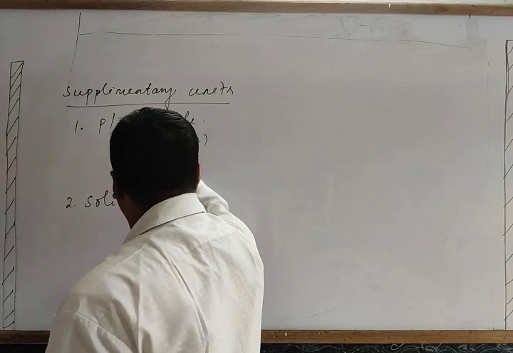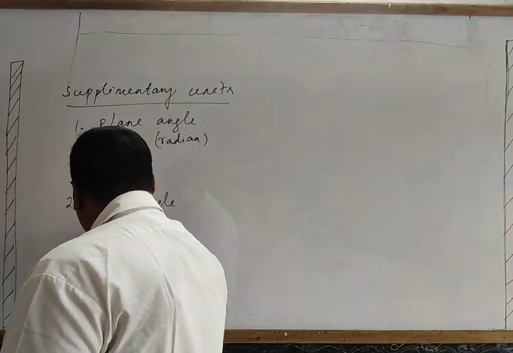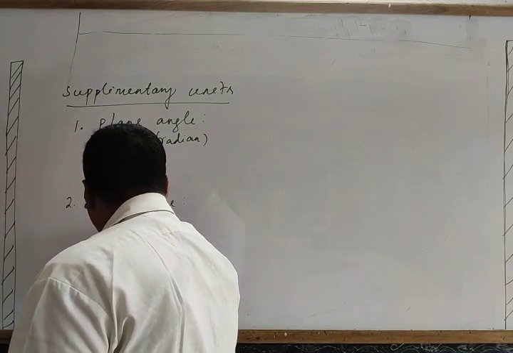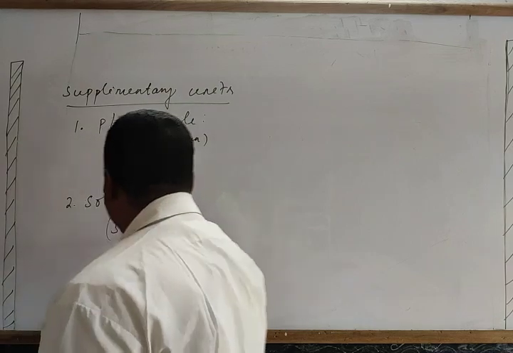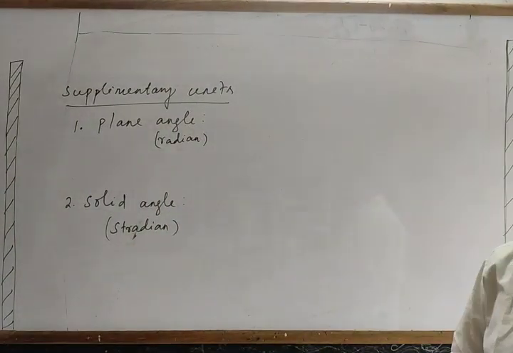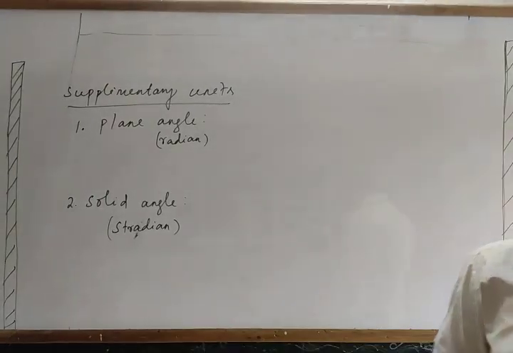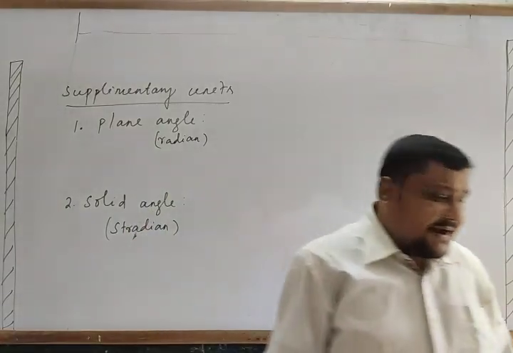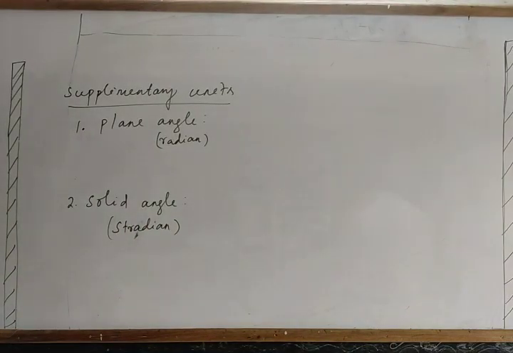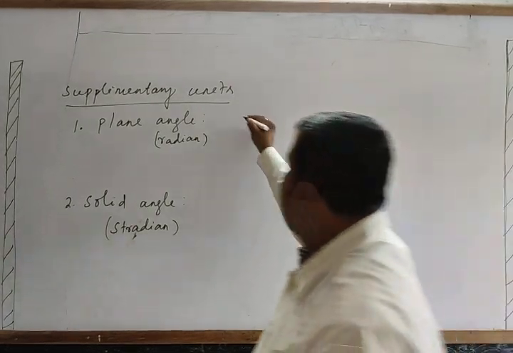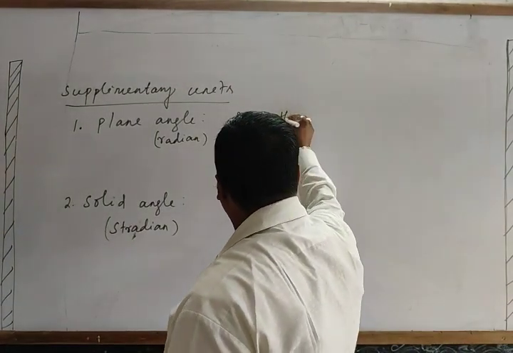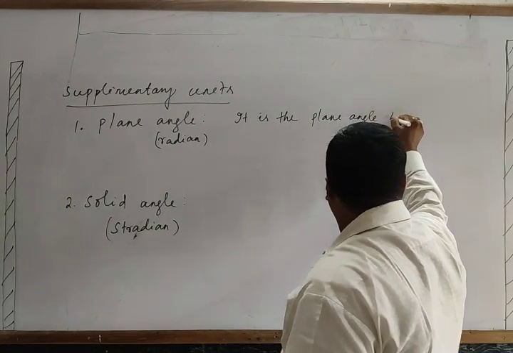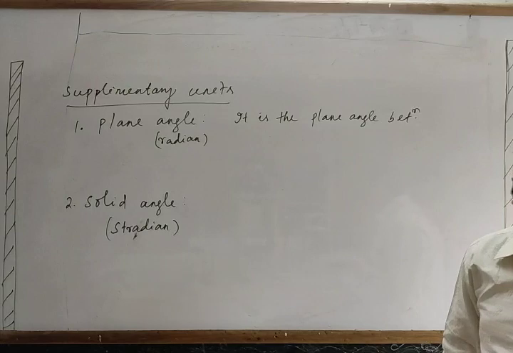So what is that radian? And what is the solid angle? Straight line and radian. In short form we will write it as rad. So what is this radian? It is the plane angle between